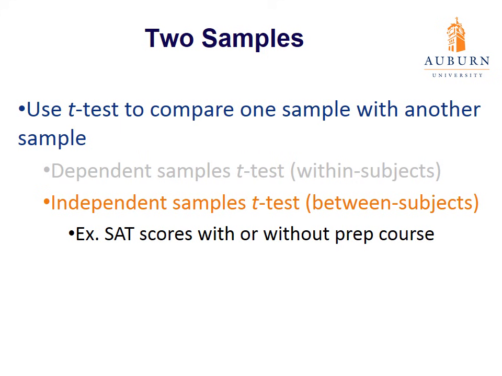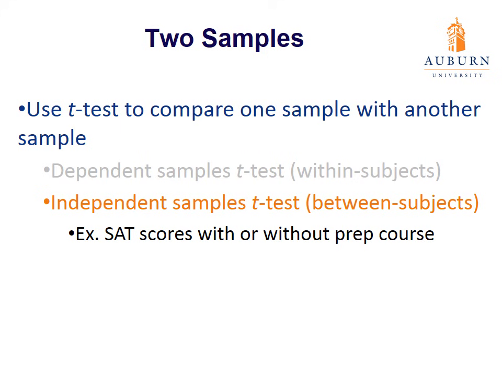So one sample is being inferred to one population, the other sample is being inferred to the second population. And so we're comparing the populations to each other, but we're doing that through the measurement of the samples. As a review, the dependent sample t-test is a paired sample t-test. It has within subjects designs. Our observations are being measured twice, and because each observation is measured twice, we're able to subtract